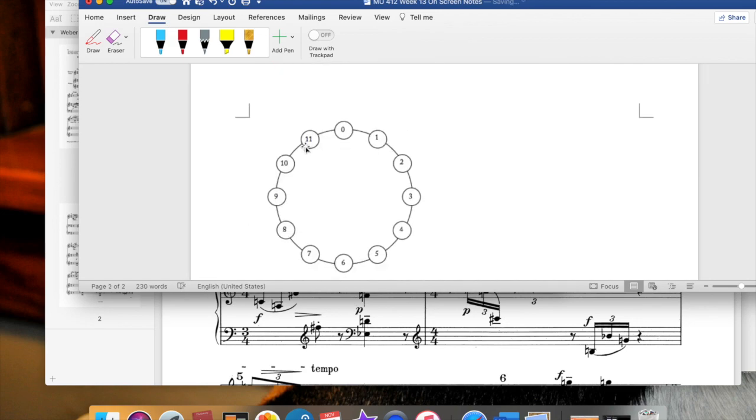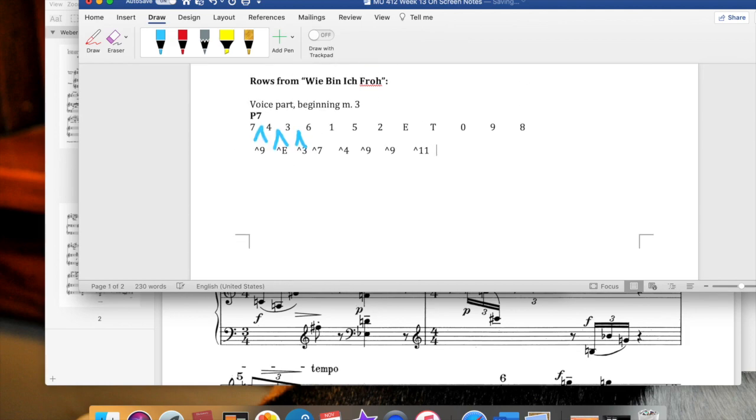I'll show you what I mean by that. Again, here's 11. To get to 10, we have to go all the way around. So from 11, 1, 2, 3, 4, 5, 6, 7, 8, 9, 10, 11. That's what I mean by that. From 10 to 0, just 2.